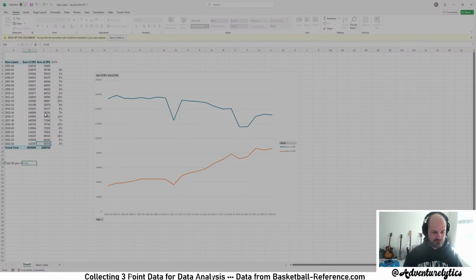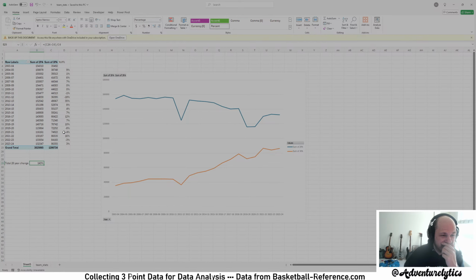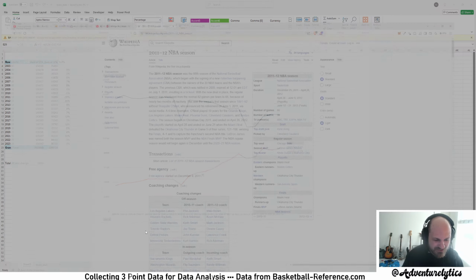Like this minus this divided by C4. 143% over 20 years. 143%. 3 points have gone up 143%. Am I correct in that? Am I getting that right?